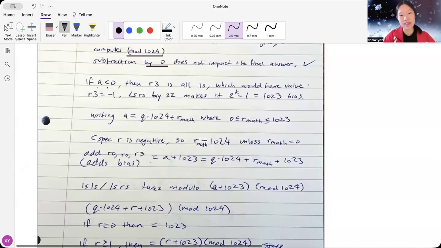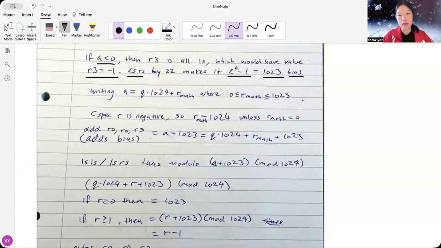As for the negative case, that is a bit more complicated, and that's why we had to go through so many more steps. For A smaller than 0, R3 is all ones, which would have the value R3 equal to -1 from our first step, right? And then we do the logical shift right, but I can't even say it. Basically, we're just shifting it right by 22, which makes it 2 to the k minus 1, which would create our 1023 bias. Then we can essentially think of A as the quotient times 1024